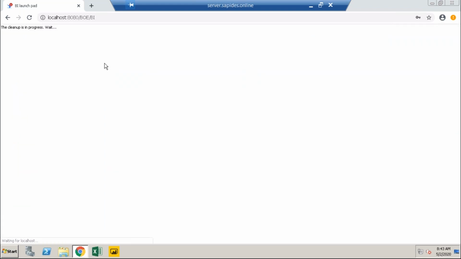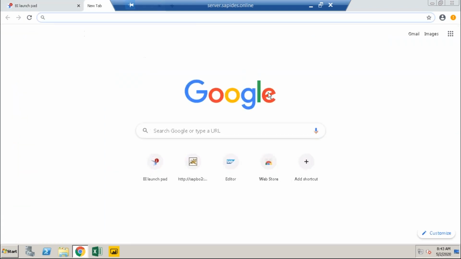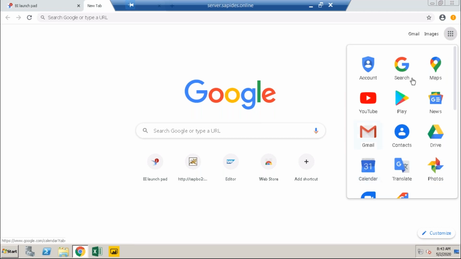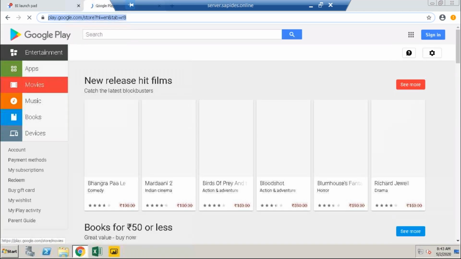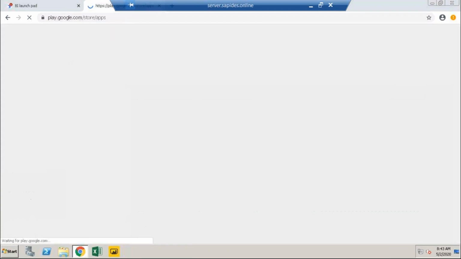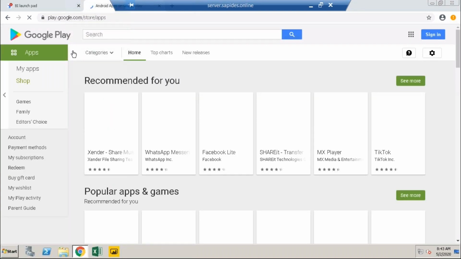Let's log off here. And what the client will do: if they are using an iPhone, iPad, or any Android devices, SAP has developed a tool, the SAP Business Object tool, the BO tool.